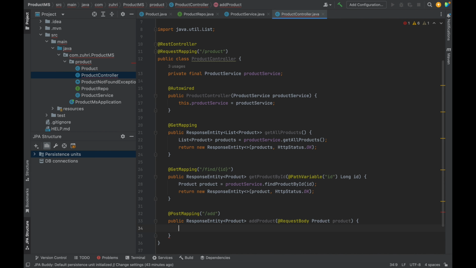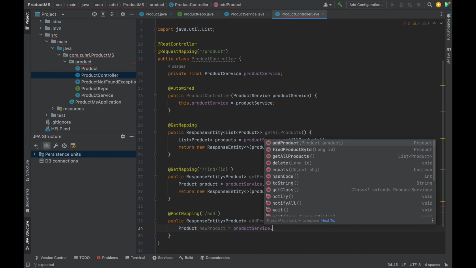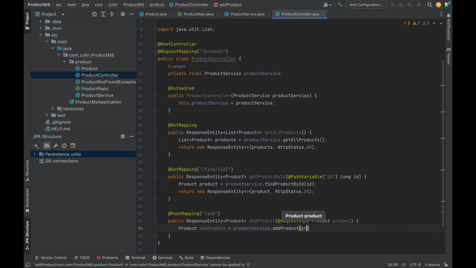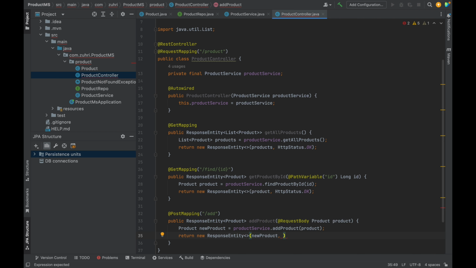and after that I'm gonna write a product inside. I'm gonna write the product, and the new product is equal to product service dot add product, and then I'm gonna just pass the product. Okay, so like this, and then we need to return new response entity, and here I'm gonna write the new product, and also the status, HTTP status, which is created. Okay,